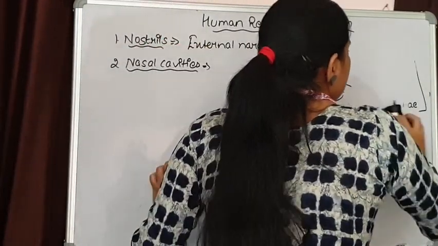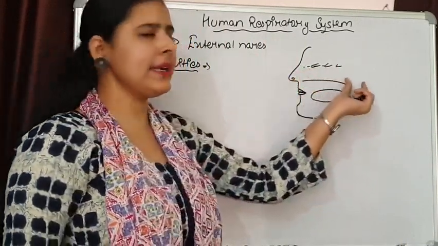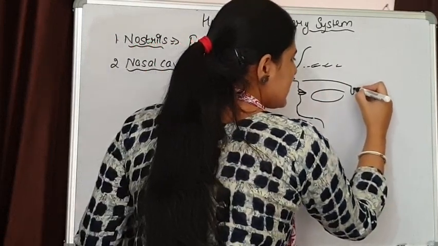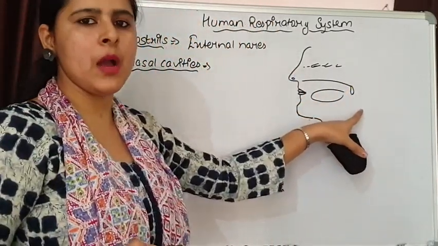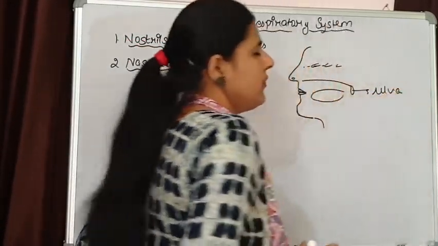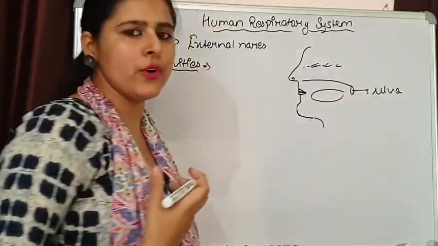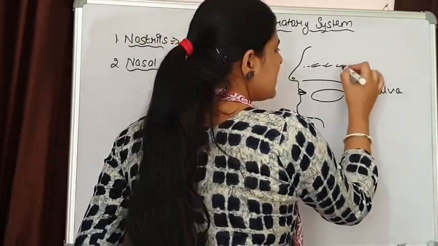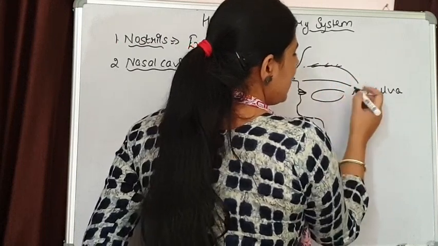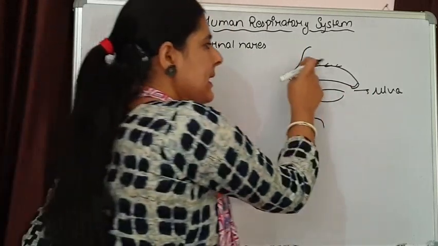Now, when we talk about this palate, remember hard palate and soft palate. Beyond this soft palate there is a structure that is hanging in our mouth on the back side, and that is known as uvula. The function of this uvula is, whenever we eat food, this is the nasal chamber tract, this is opening this way, so it is going to move upward this way and close our nasal cavity.